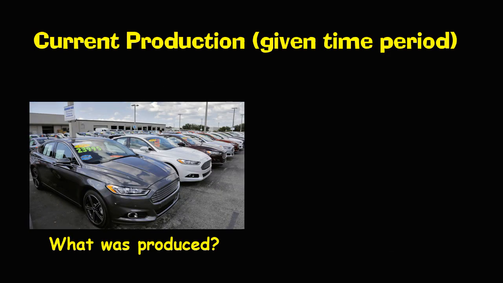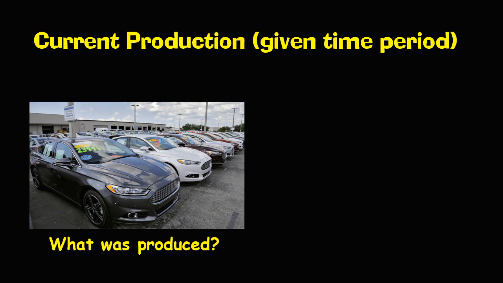All right, given time period. We only want to count things that are made now. So if you go to the used car lot and you buy a 2015 whatever piece of junk that is, that doesn't count in GDP. Because it counted in GDP in 2015. We're going to count everything one time in the year it was made. So that car was built in 2015. When we resell it in 2020, we're not counting it because we already counted it. We count everything one time.